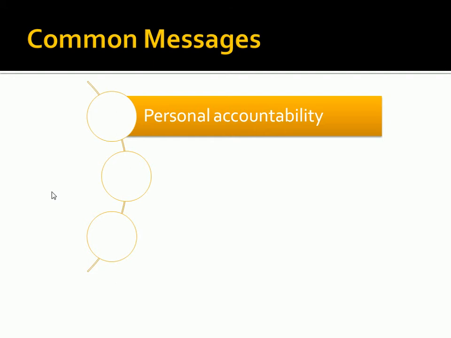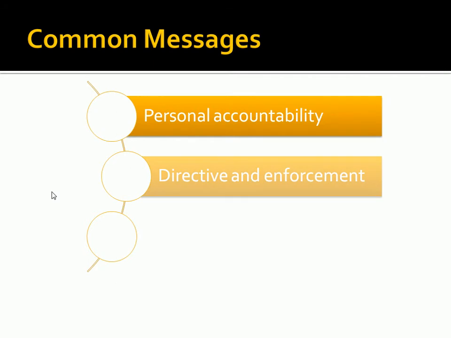if we adopt these policies and we enforce these policies, then it's going to be good for us because it's less likely that we're going to inadvertently violate any of these regulations and things like that. So the consequences are pretty high for executives, but rather low for rank and file employees. So at the executive level, I think you can certainly do personal accountability. At the rank and file level, you would use directive and enforcement. So you're basically saying, hey, we have to abide by these policies because executive management says that this is a good idea and this is what we should be doing.